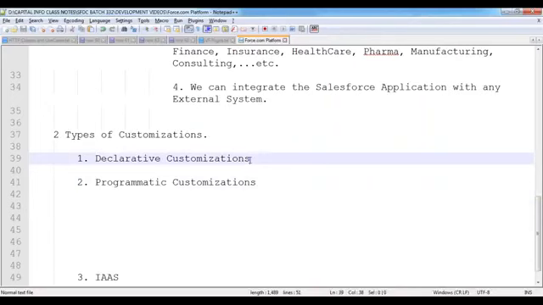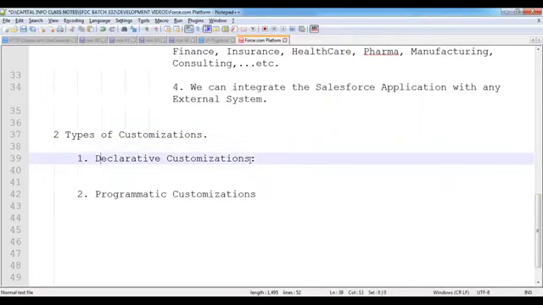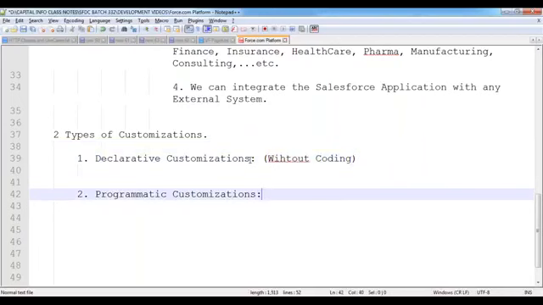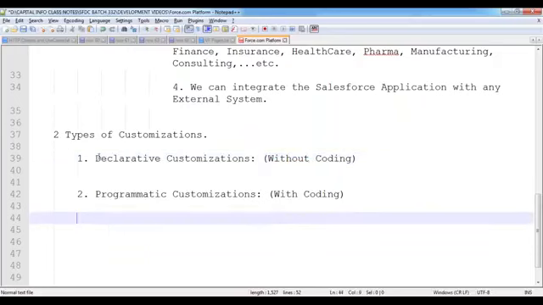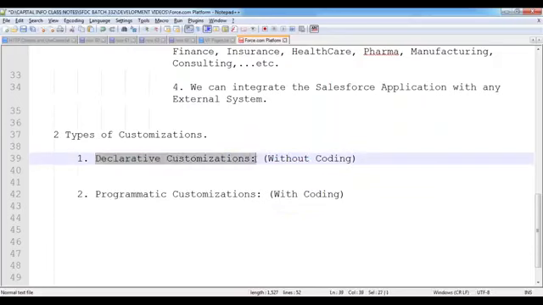What do you mean by declarative? Declarative means by using mouse pointers, nothing but without coding, and the other is with coding. Simple concept. Declarative means, just by using some mouse clicks, we can customize the application functionalities. That is called declarative